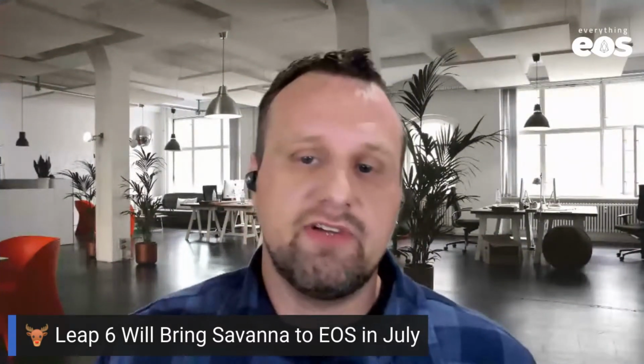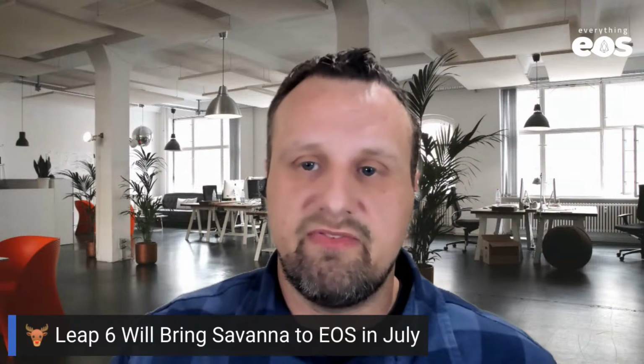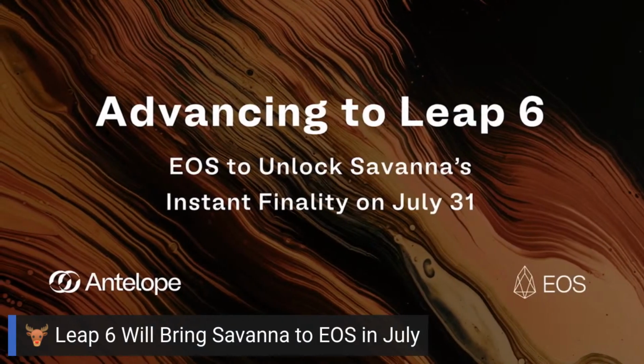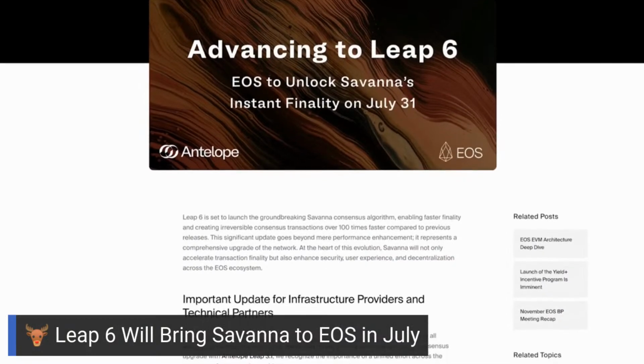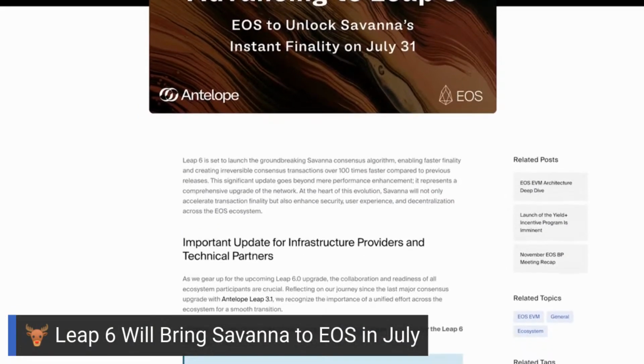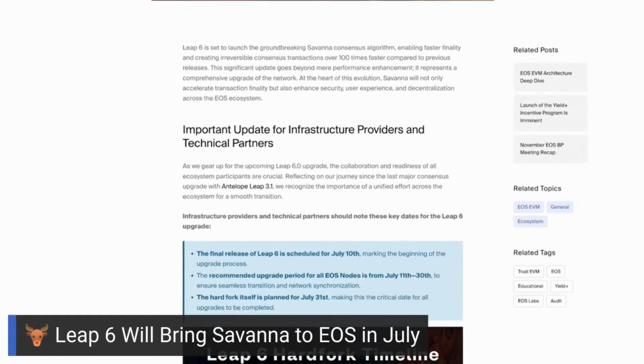So, Leap 6. We've been talking about Leap 6 for a very long time. Well, not so much Leap 6. We've been talking about instant finality for a very long time now. If you guys recall, instant finality was initially meant to be in the Leap 5 upgrade. But after EOS Network built a lot of the groundwork for it, then whenever the handoff happened,